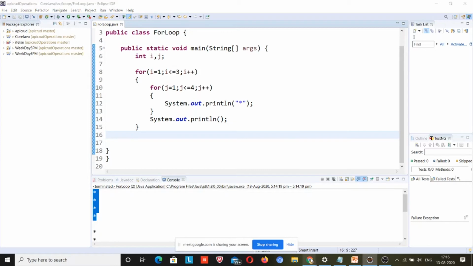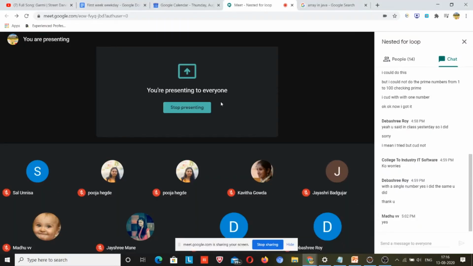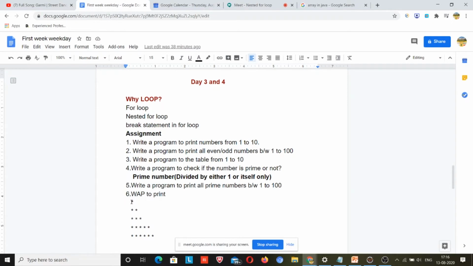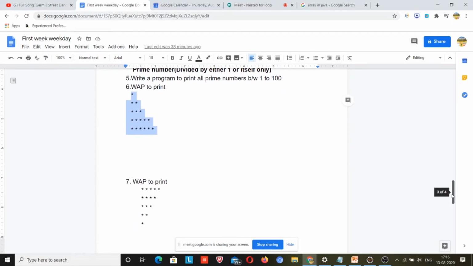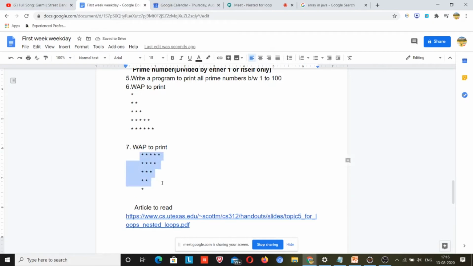I am not going to explain how to print this, but if you are able to print this, it means you got the idea of nested for loops. I am not going to tell this because this data is available everywhere. I will make a separate video for that, on how to make these pyramids and how to print like this. I will provide that video to you, but I want you to build your logic first. Let me give you an idea for that.